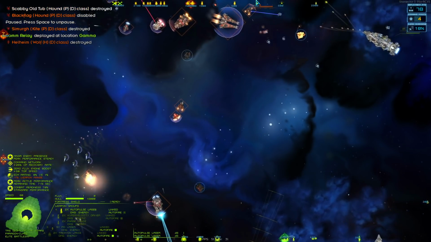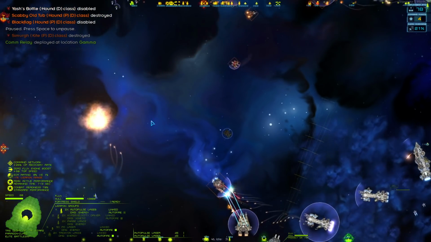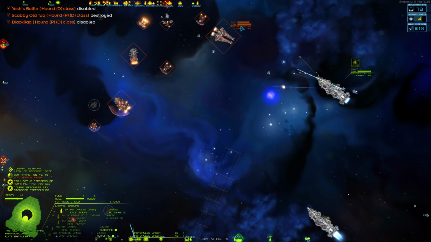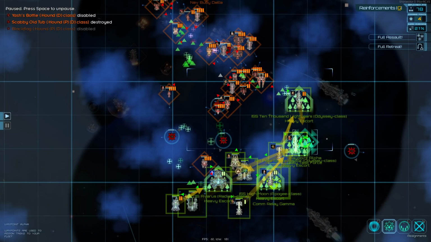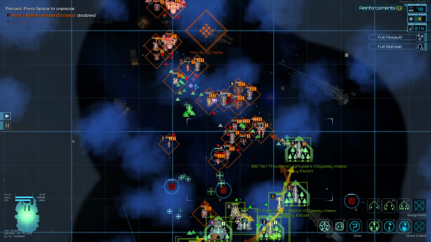But the thing is, is any of this stuff really threatening? Obviously, we don't want you flying too far out, but we already have ships that are just getting obliterated here. So let's see what we want to do here. We can probably go ahead and get rid of this rally point. And we can go ahead and maybe...